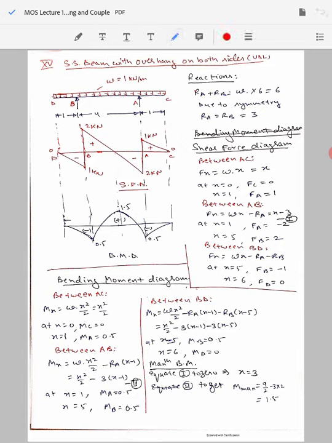Finally from 0.5 it is again reaching 0, but again there is a quadratic relationship, so again this is a parabola. So you see all these curves here, 1, 2, 3, 4, all these curves are basically parabolic curves because of the quadratic relationship we are getting in all our equations for the bending moment.